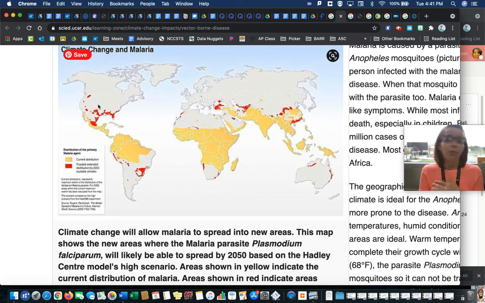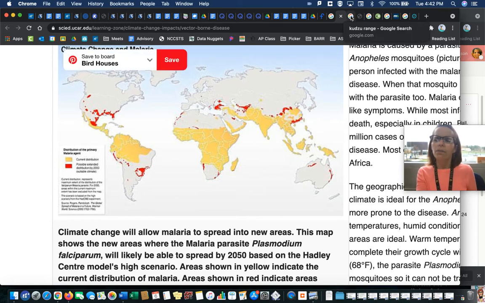And so if you notice, we don't have malaria in the United States. Remember, I said it kills hundreds of millions of people every year, not once in a while, every year. We don't have it in the United States. Whew. Until this planet gets warmer and the Anopheles mosquito starts moving into Florida and into Texas and into the West Coast. So the range of the Anopheles mosquito is increasing, and that's an impact of global warming.